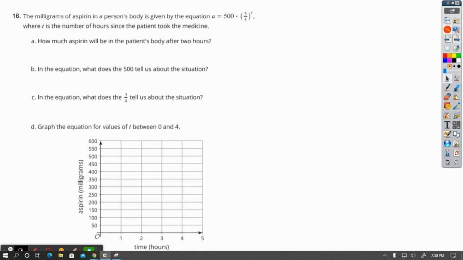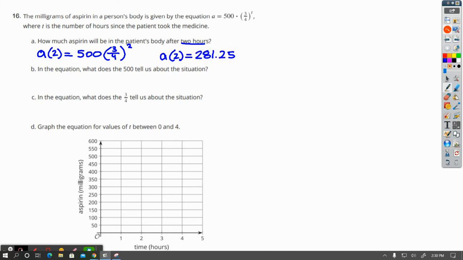All right, the last question. The milligrams of aspirin in a person's body is given by the equation where T is the number of hours since the patient took the medicine. So how much aspirin will be in the patient's body after 2 hours? So we know we're looking at 2 hours. We just have to plug 2 into the equation. So A of 2 equals 500 times 3/4 to the power of 2. And when you solve that, A of 2 equals